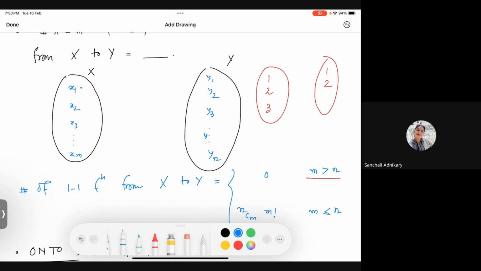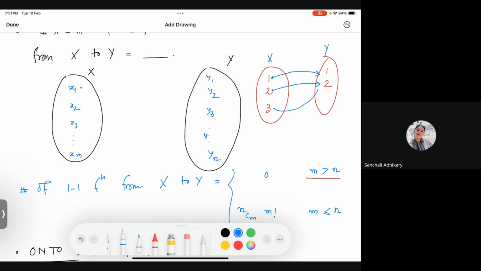How many one-one functions from X to Y? See, 1 can go either to 1 or to 2. So 1 has two choices. Say 1 goes to 1. Now, since I want a one-one function, 2 has to go to 2, but 3